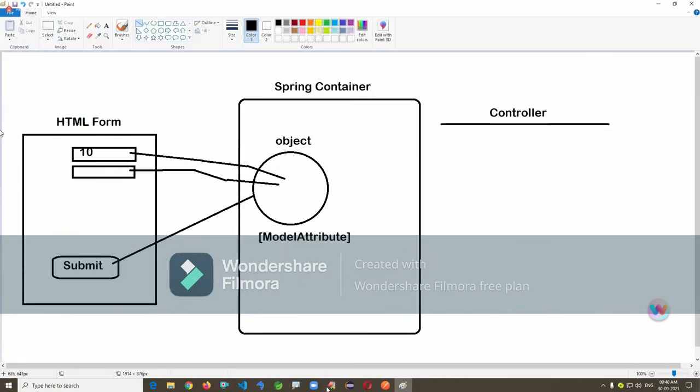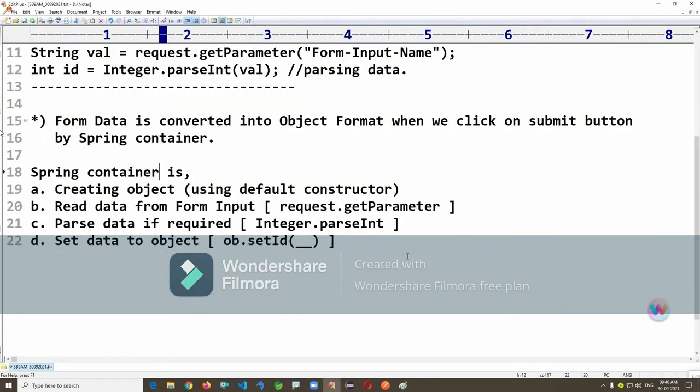Okay, that is fine. For that, what does the programmer have to do? If the container wants to create the object, first of all, we need a class, right? So we have to create one model class, like Student.